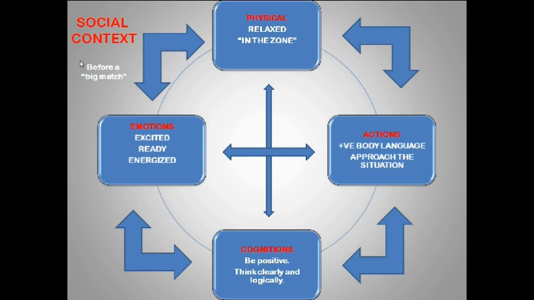So they came up with things like positive body language and approach rather than avoid different aspects of the situation. Cognitions, how would they like to think ideally? So thinking about being more positive, to think clearly and logically rather than typically they were confused and struggled to keep things in perspective. Emotionally, how did they want to feel? So instead of feeling awkward, embarrassed, lethargic as they were, the emotions that they wanted to experience were excited, ready, prepared, and energized for what they were going to do.